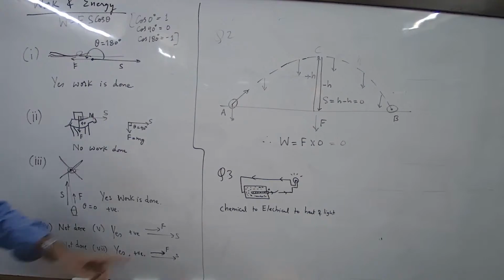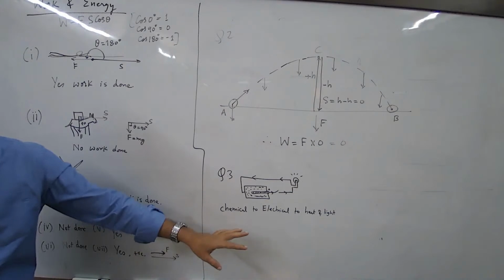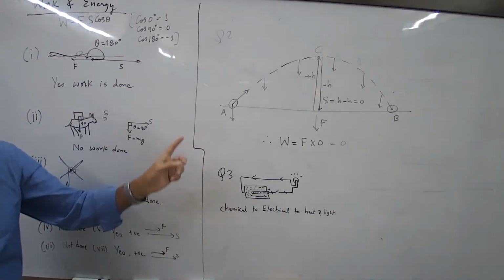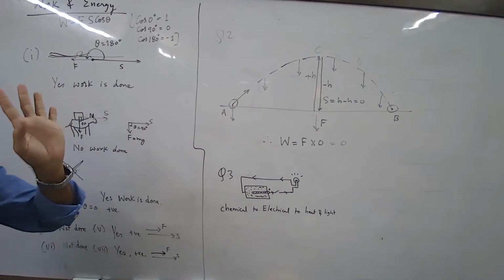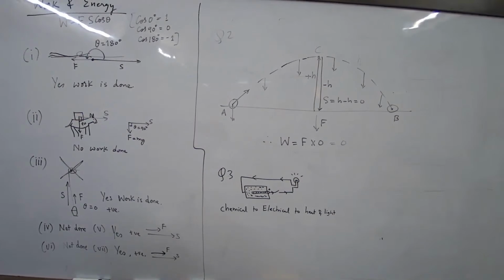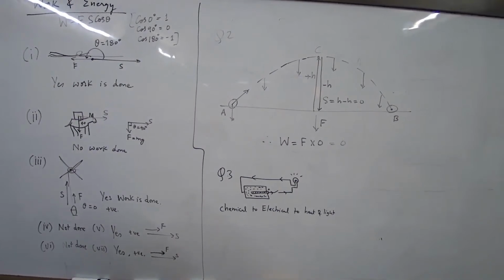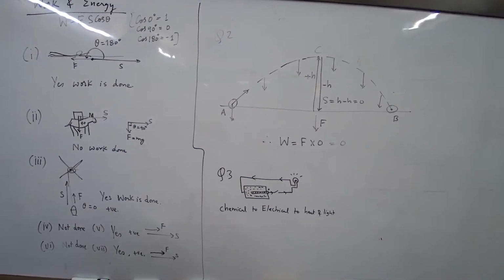Okay. So are the energy changes understood? Nothing is created, nothing is destroyed. There is just energy conversion happening from one form to another form. Your turn. A certain force acting on a 20 kg mass changes its velocity from 5 meters per second to 2 meters per second. Calculate the work done by the force.